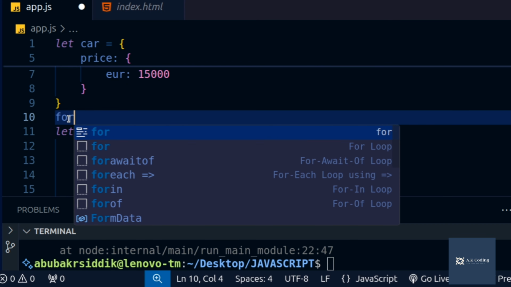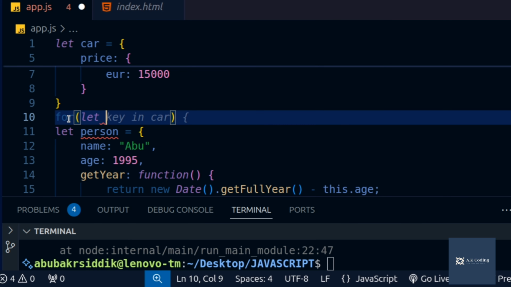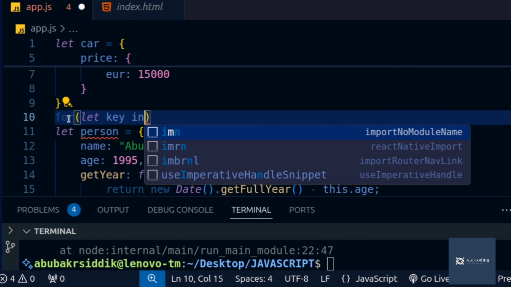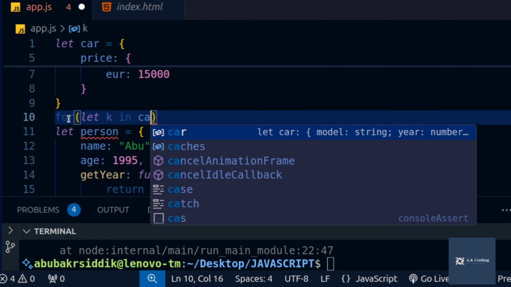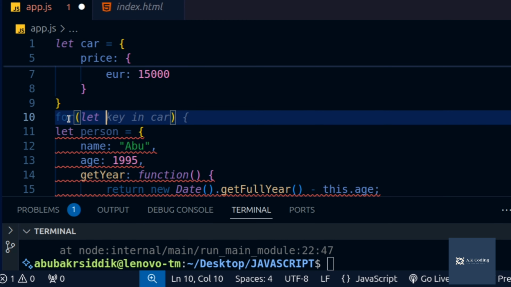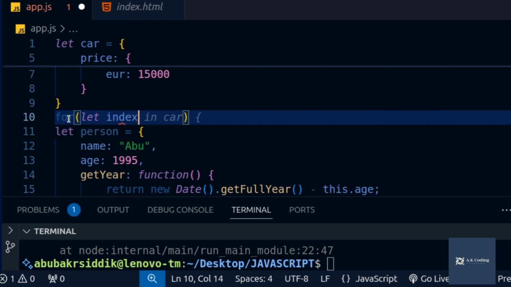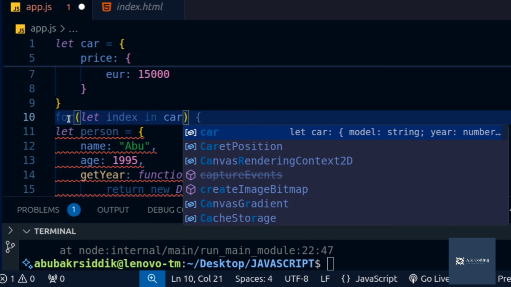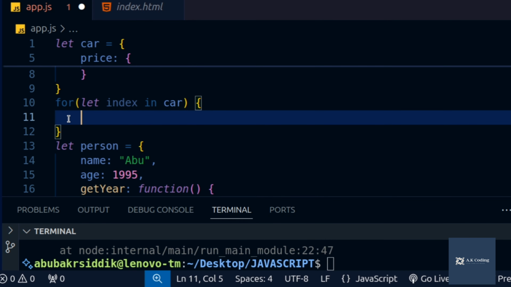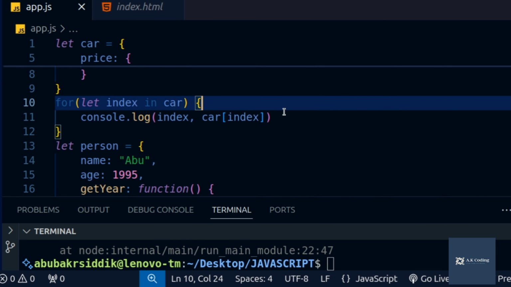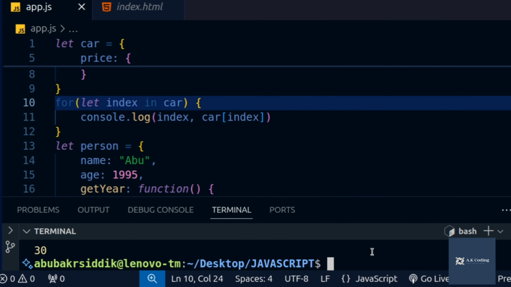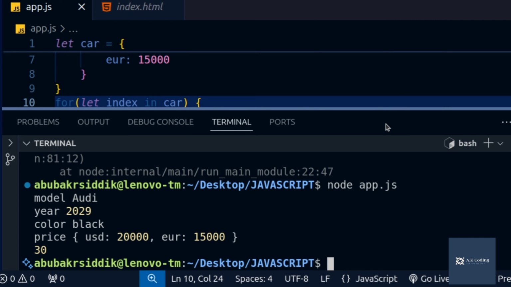I'll write for let key in car, so you can write anything here. I can write k in car even, or I can write index in car, and if I write here console log index, car index, and if I run this,